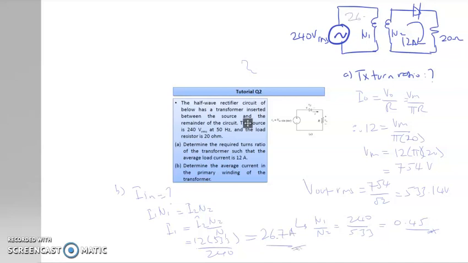So we can see that the primary low voltage, high current transfers into the secondary of high voltage, low current. So 12 ampere here, 533 volt. Meanwhile, the primary or input 240 volt, 26.7 ampere. Okay. So this is the discussion for question 1 and 2, tutorial 1, tutorial 2. Okay, next we go to the